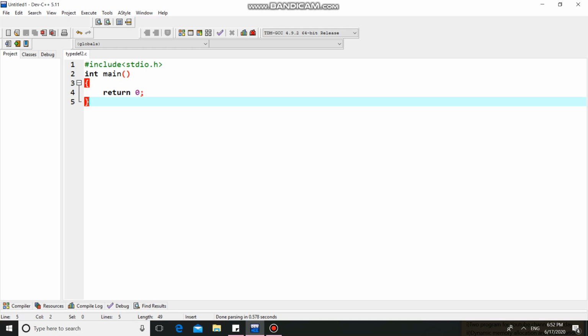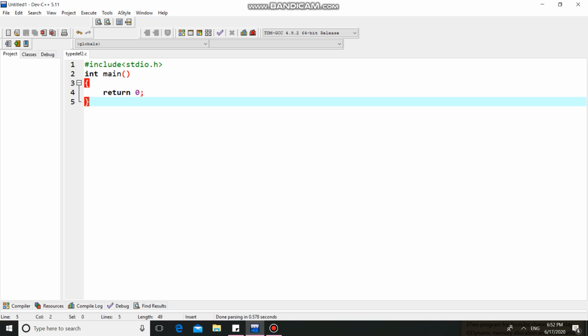Hello friends, in this session I am going to show you how to pass an array to a function. We have already seen passing an array to a function, but by using another method. In that method we passed the array to the function in two ways. We passed the individual elements to the function. That was one method. The second method we have seen is passing the entire array to the function by passing the base address. But in the second method, we collected that base address in a pointer.